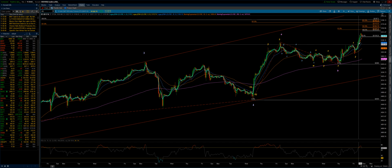And what will kick it off is an intermediate degree first wave, and then within that, a minor first wave. So I will be looking, to give confirmation of this turn, for 5 waves down on this hourly chart. And then from there, it'll develop to 5 waves down on a daily chart. And from there, it'll develop into a larger 5 waves down on a weekly chart, which would be the primary degree. So C wave on the primary degree, 5 waves of intermediate degree, starting with 5 waves of minor degree, which will be that first intermediate wave. Okay, I'm going to finish it up right here, get this put up and published, and move on